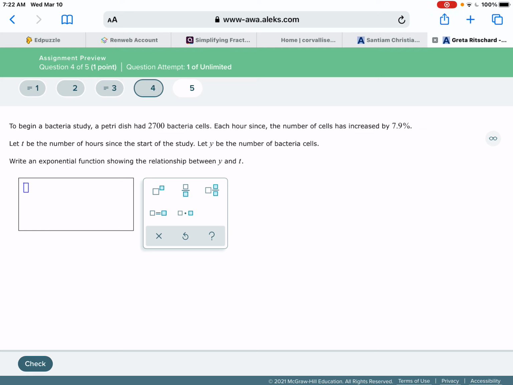Okay, number 4. To begin a bacteria study, a petri dish had 2,700 bacteria cells. Each hour since, the number of cells has increased by 7.9%. Let t be the number of hours since the start of the study, and y be the number of bacteria cells. Write an exponential function showing the relationship between y and t. So